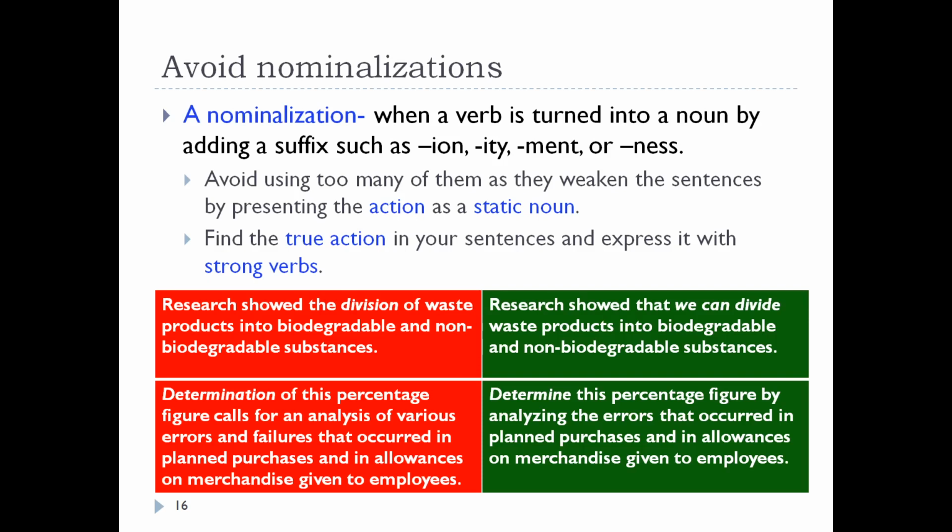If you do something like this, that is nominalization. You should avoid it. Why? Because you should keep action as action. You should not convert it into a static noun. A noun is just a noun. An action shows something being done or something happening. So if you have sentences that do not have strong verbs, those are weak sentences. Or if you replace strong verbs with static nouns, you end up